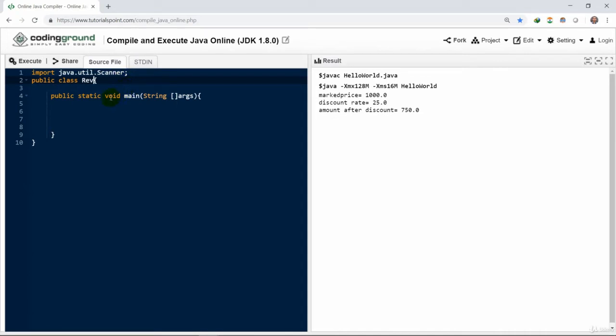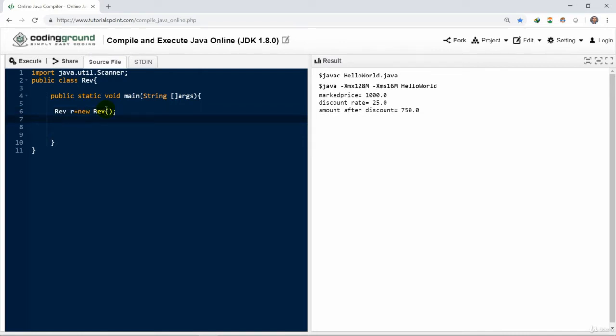Then we can write by declaring the class object for reversal. We can create an object of the same class that we are in or any other class from the main method. We have to simply write the class name followed by the name of the object equals new class name.